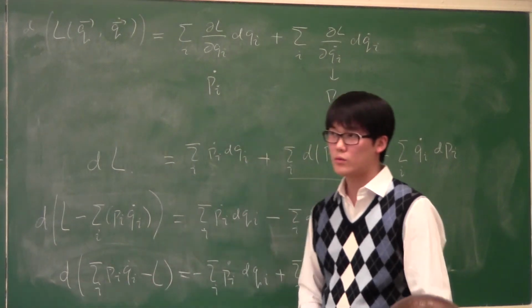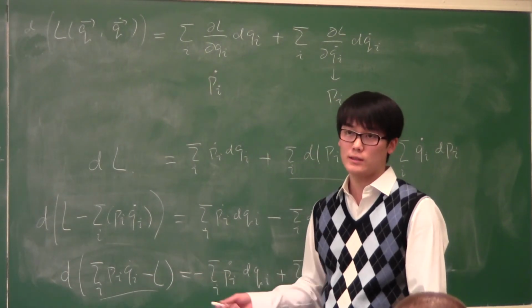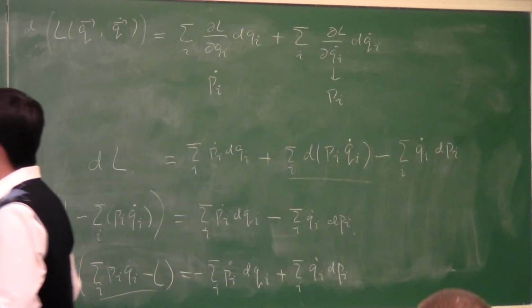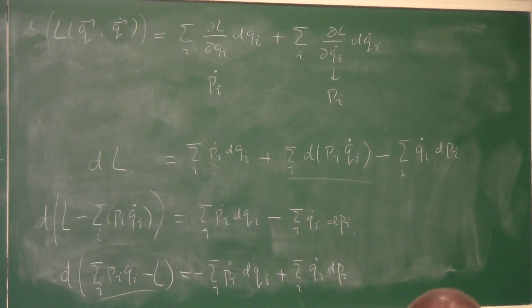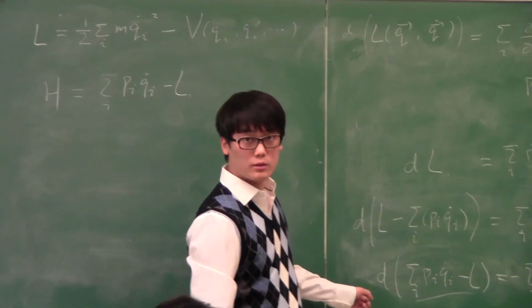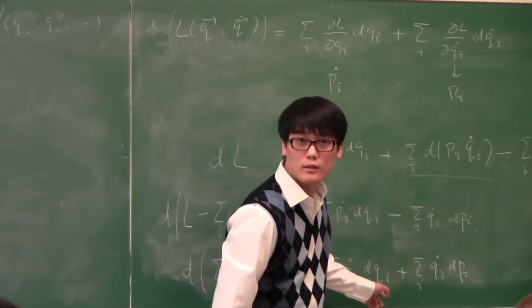We're going to define a new quantity, which is this. And I just alluded to you that this is equal to the total energy of the system. And we call that the Hamiltonian of the system. And to go from the Lagrangian to the Hamiltonian, you apply this transform. Okay? And this equation says that the total derivative of the Hamiltonian is equal to its components, the derivatives in